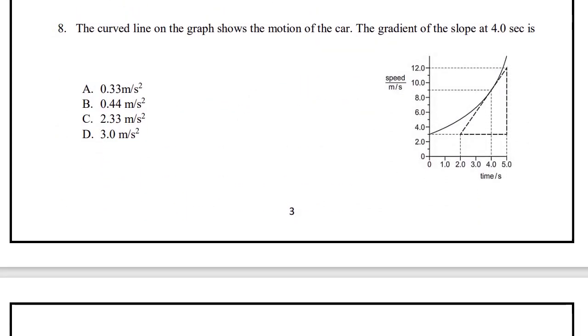Let's see question number 8. The curved line of the graph shows the motion of the car. The gradient of the slope at 4 seconds. So at 4 seconds, the diagram already contained a dotted line. We have to find the gradient at 4 seconds. So gradient, or slope of a speed-time graph, is equal to acceleration, and it is equal to change in y over